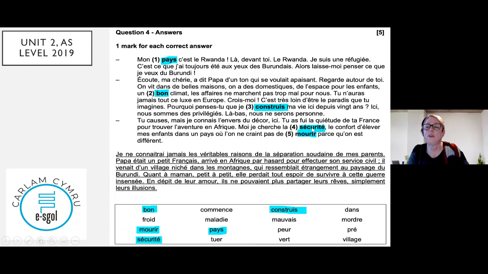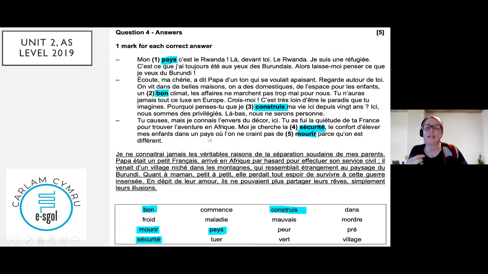Okay, la sécurité, féminine. Je cherche la sécurité, le confort. So good. So that's what the person's looking for. Security, safety, yeah? Fits nicely. You're not going to put la maladie. You're not looking for illness, are you? This person is wanting, they've fled the peacefulness of France to go on an adventure. So they're looking for security. They're looking for comfort, for